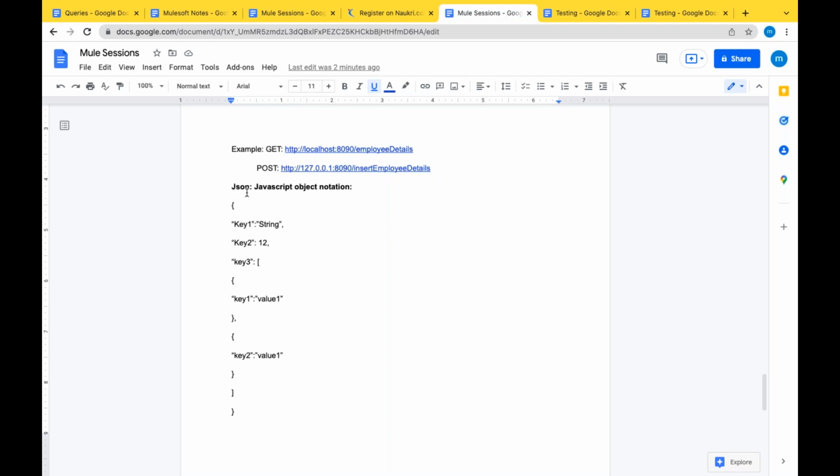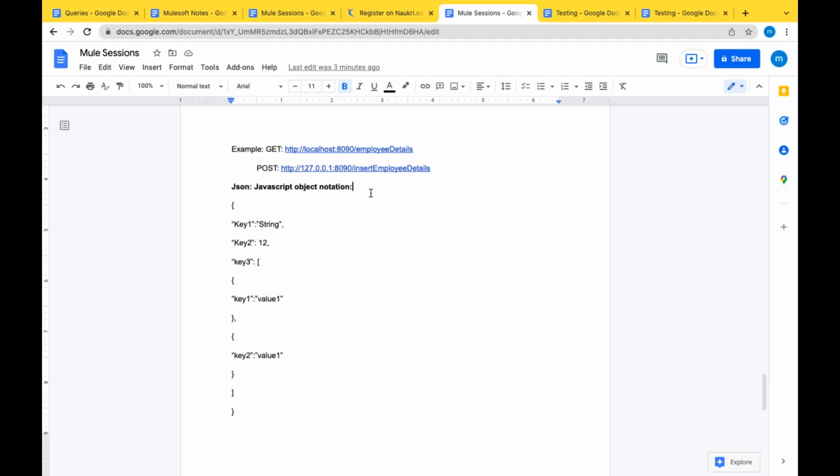Correct. So what exactly is JSON? The transformations from one system to another system in REST will be completely done in JSON. It can be done in XML or HTML, JSON, anything in REST.